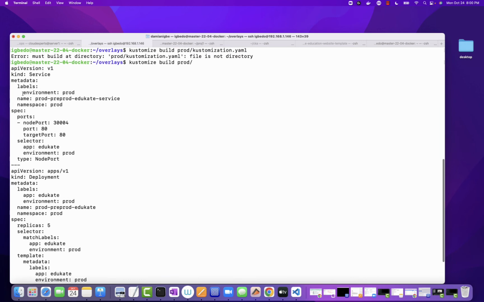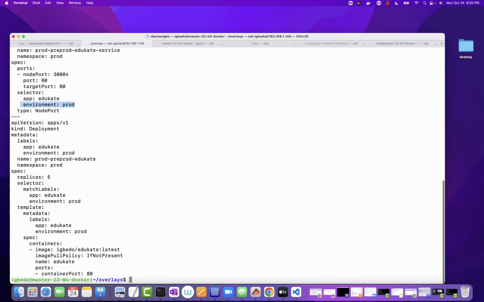these changes. So you can see now we have environment prod, and we see the name has been prepended with prod, pre-prod, and then we have that service there. We have the environment here changed to prod. And if we come down to the deployment object, we also have all those changes that have been applied. So that is what this command does. It can be very useful if you're managing a lot of YAML files by yourself and you want to customize them for different environments to ensure that you have the right labels and every other thing that you need for